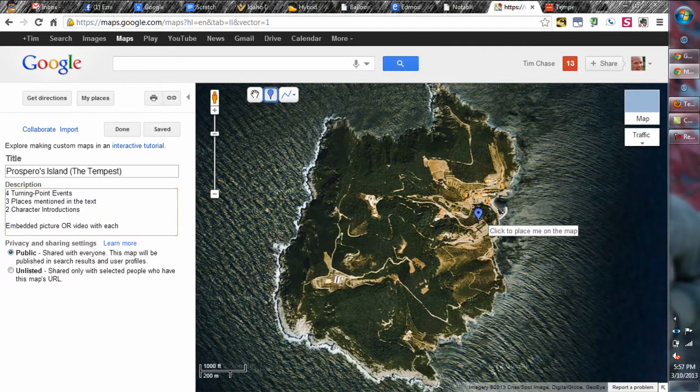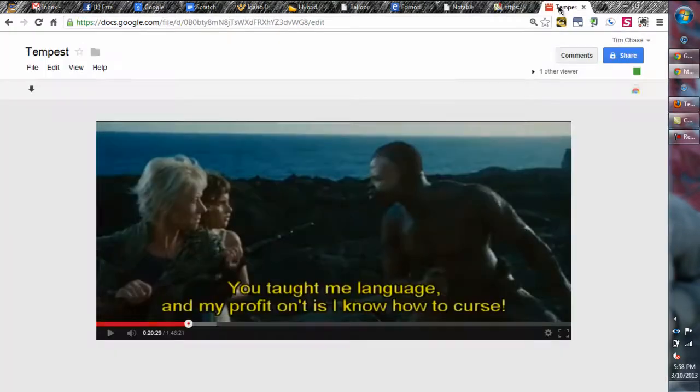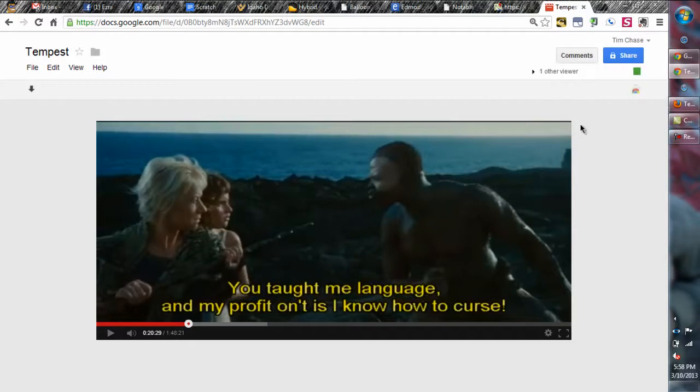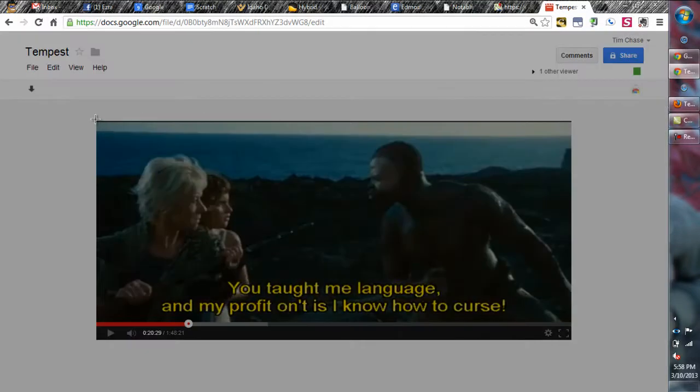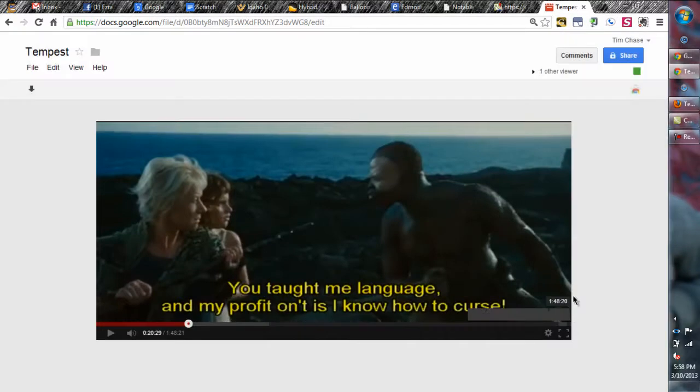I'm going to drop it here on the coast, where I think a conversation might have happened between Prospero and Caliban. Now since this one is a picture I need to copy from the screen, I'll take a screenshot using a tool I call FireShot. And FireShot